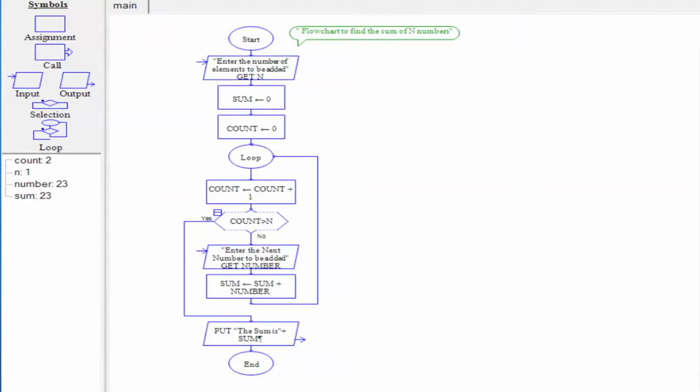Let us come back to our problem of finding sum of n numbers. See the complete flowchart for this problem. To find the running sum, we need to add a few statements. Two initialization statements before the loop starts. One sets the running sum variable to 0, which we have already discussed, and another sets the variable count to 0. Increment the count by 1. A counter control loop typically increments the counter variable by 1 on each execution of the loop.